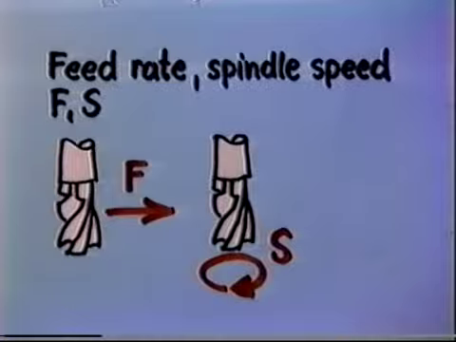The fourth group contains addresses for feed and spindle data. F is the address for the feed rate. I already know address S, too. That's the one I use to program the spindle speed. In addition to these, there are a few other addresses, but we don't need to deal with them at the moment.